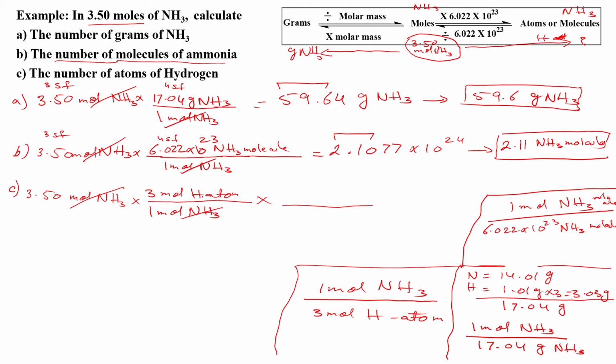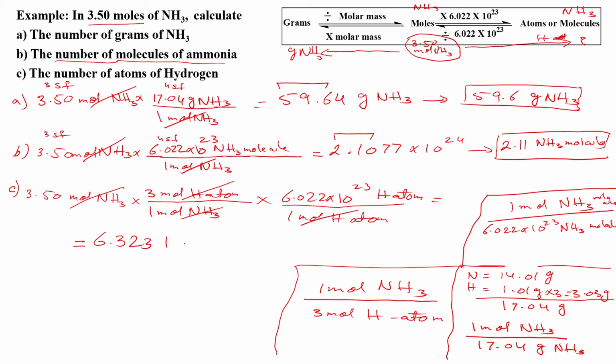I want to get rid of the moles of hydrogen atoms, so I'm going to write 1 mole of hydrogen atom in the denominator, and 1 mole of anything equals 6.022 times 10 to the 23 hydrogen atoms. All right, so this is cancelled, this is cancelled. Now you have to multiply all these numbers at the top, and for the denominator we have just 1, so we don't have to divide by anything. So your answer is